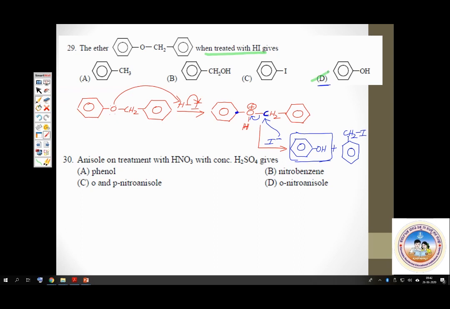Now we come to the last question in ethers, the 30th question. Anisole on treatment with nitric acid and concentrated sulfuric acid gives. This is nitration of anisole, and we discussed this in the synopsis part as well. What is anisole? Methoxybenzene is anisole. If it is nitrated using concentrated nitric acid and concentrated sulfuric acid,